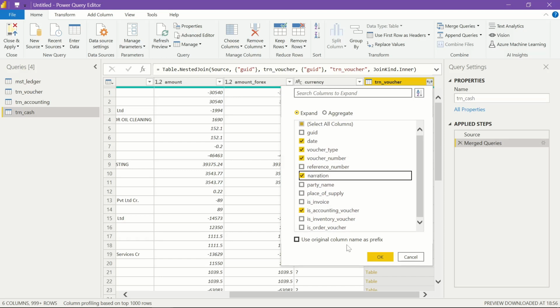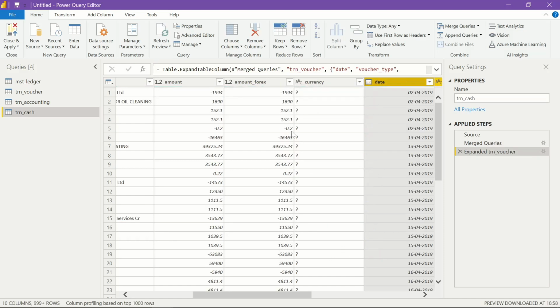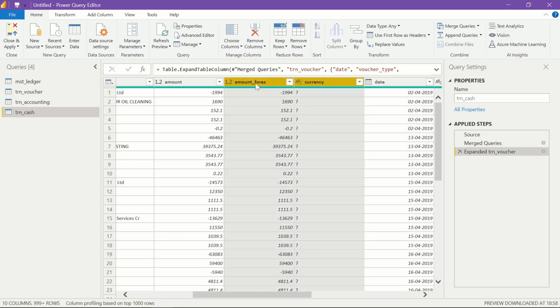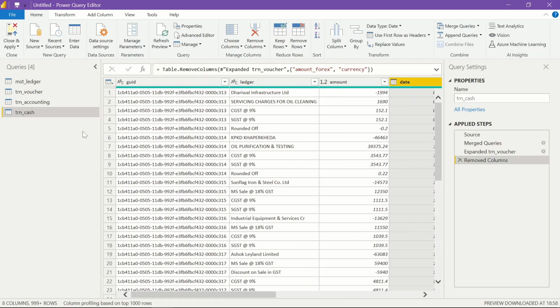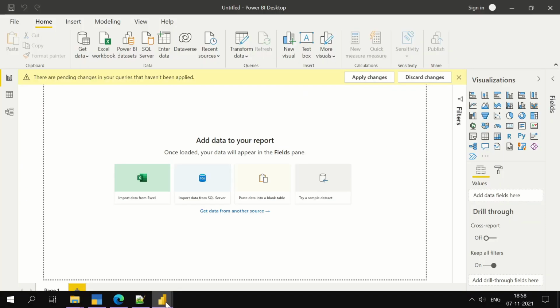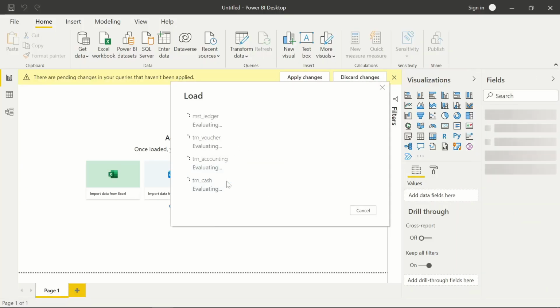You can also keep narration. I can remove this amount, forex and currency column because I don't require it. Let us click close and apply, and wait for this data to load into the Power BI data model.